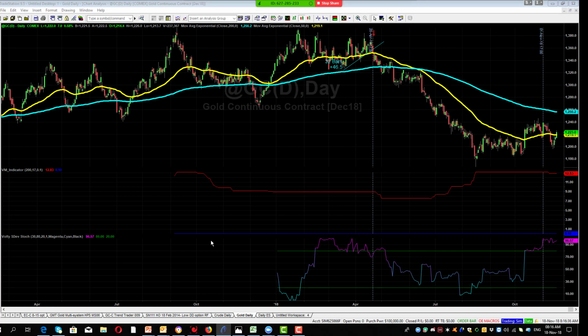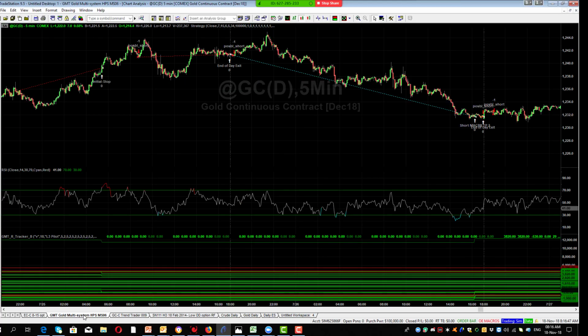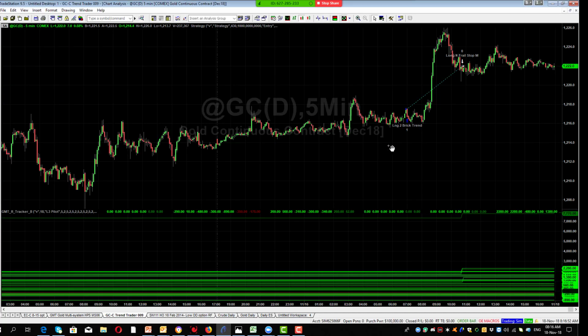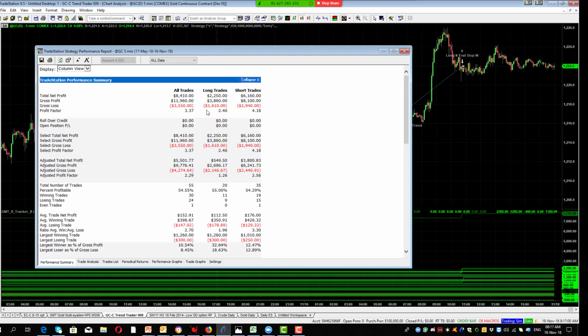So getting back to gold, this is our second system on gold. Here is an interesting one, because we've got the multi-system one that is strongly onto the short side, so it's working really well. But then we've got the good old trend trader here that is just knocking it out every week. So it's got a long short bias, so it's trading longs and shorts. So if we have a look here, there's no surprises there that the longs aren't doing that well.